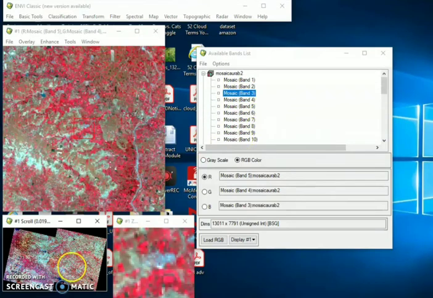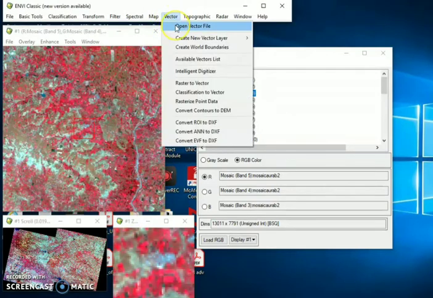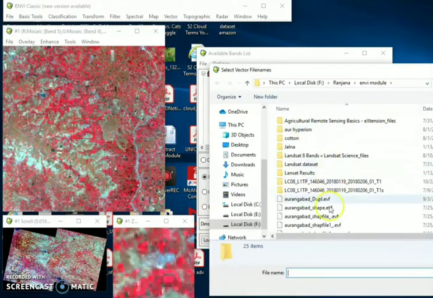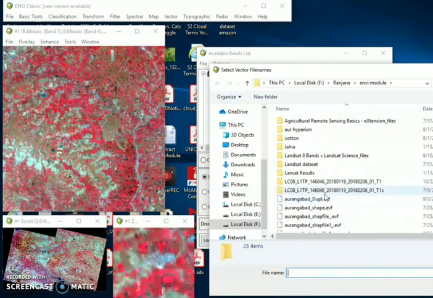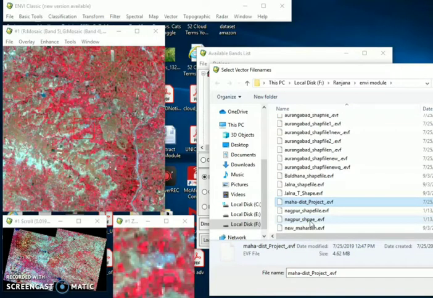I have already created the mosaic. Mosaicing is the connection of two images with georeference. We will first create the vector layer, where we want to fetch a particular area from a big shapefile, or create a shapefile for a specific location. In this case, I have the Maharashtra shapefile and I have to create the shapefile for Aurangabad. So first I will select the